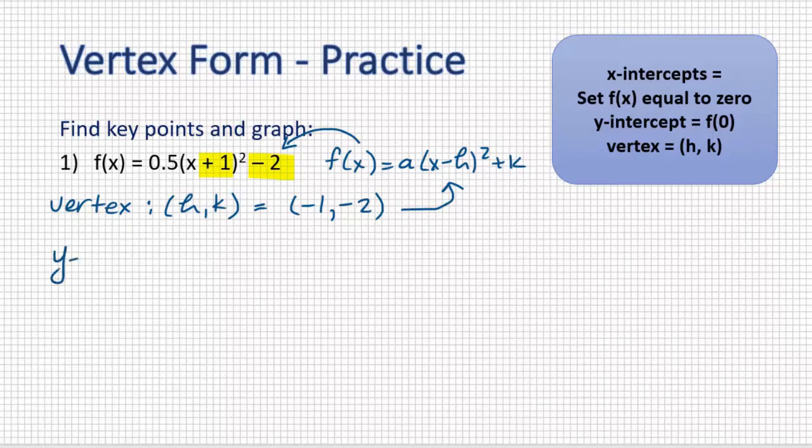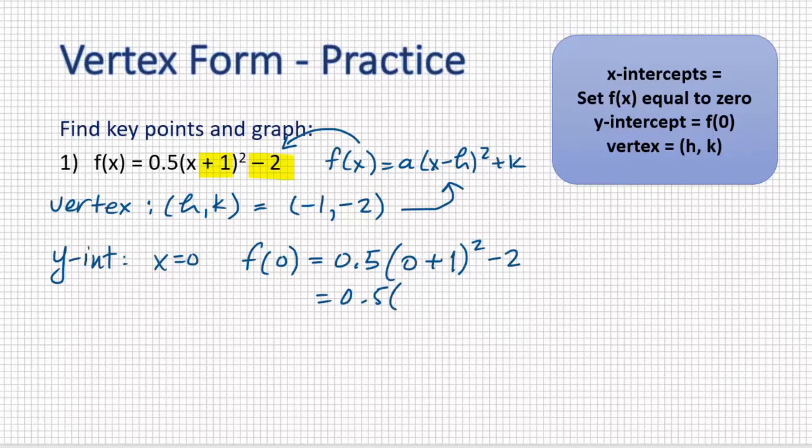What about the y-intercept? Well, the y-intercept happens when x is equal to 0. In other words, when we evaluate the function at x is equal to 0, or evaluate f at 0. So we substitute in the value for 0 for the value for x. We get f of 0 is equal to 0.5 times 0 plus 1 all squared, or just 1, minus 2. 0.5 times 1 is 0.5. 0.5 minus 2 is